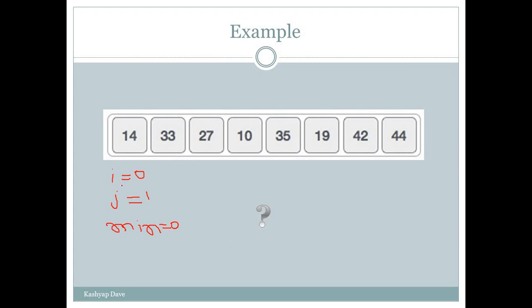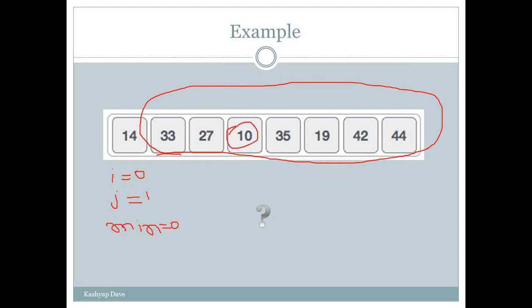So with this we will proceed and find that minimum number. In this list we will find that 10 is the minimum. So what we will do is a replacement of 10 and 14, or we can say swapping. So this is what is happening in the pseudocode.